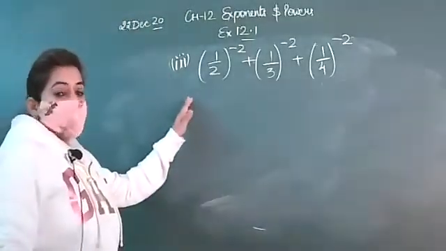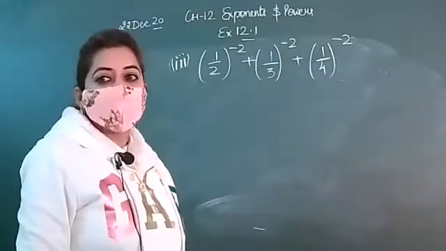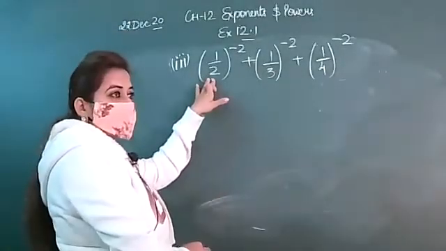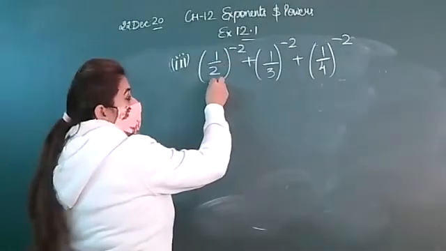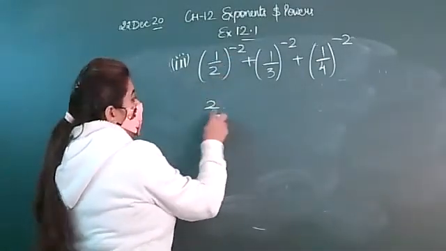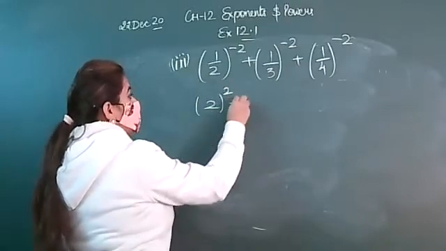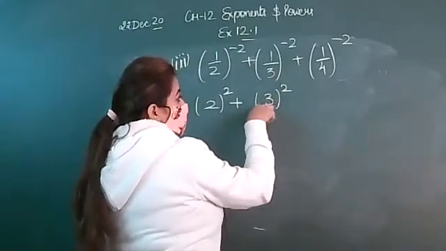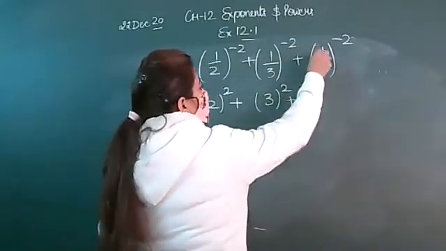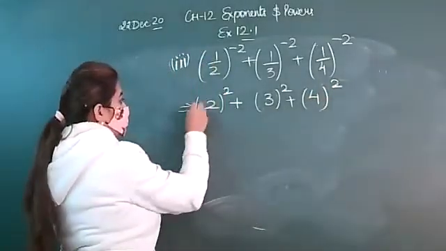Now, in this question, beta, as you can see that again the powers are in the negative form. So you will make the reciprocal of the base to make the power positive. So reciprocal of 1 by 2 is 2 by 1. No need to write 2 by 1, you can write simply 2 raised to power 2. Reciprocal of this is 3 raised to power 3 by 1, that you will write 3. 1 by 4 ka reciprocal 4 and the power will be positive.